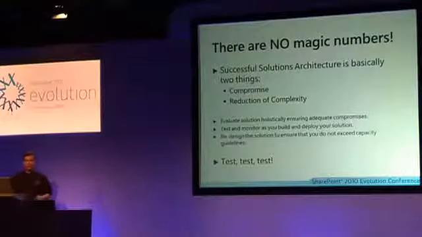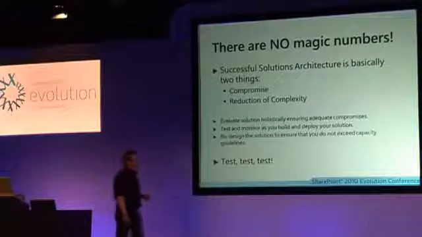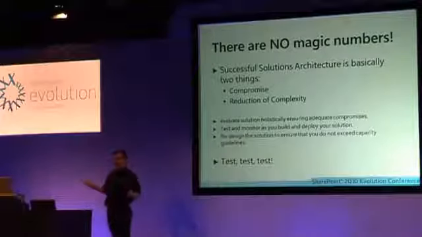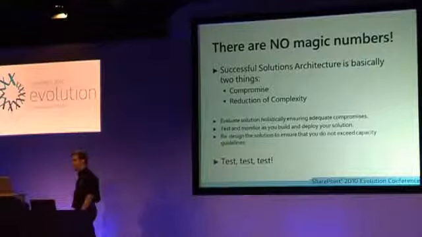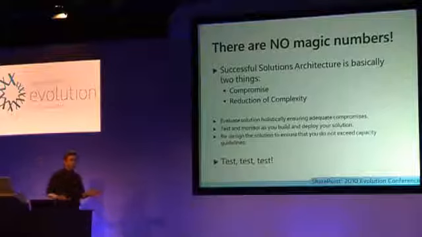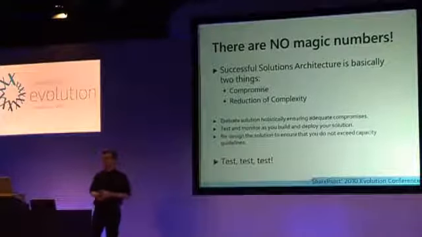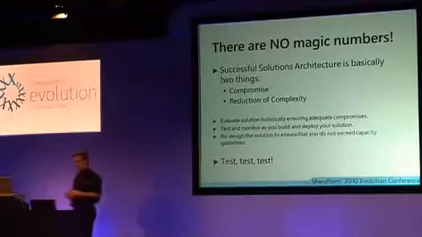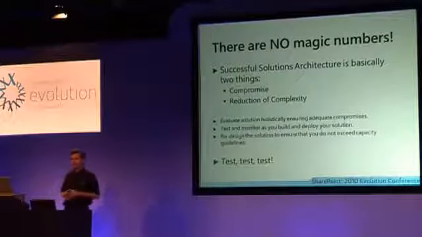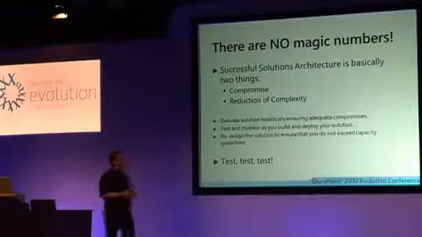But the message here is there are no magic numbers. You have to compromise. Based on what you're doing, you balance things out. You may go beyond these limits. That's okay. If you want to do a good job of building a SharePoint farm, you make that compromise play smartly, and you reduce complexity. Complexity is your enemy. It also means that you're the guy they call when something goes wrong. The more complex it is means the more difficult it is to give it to somebody else to look after.